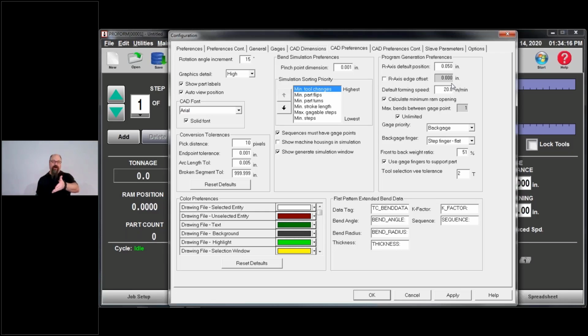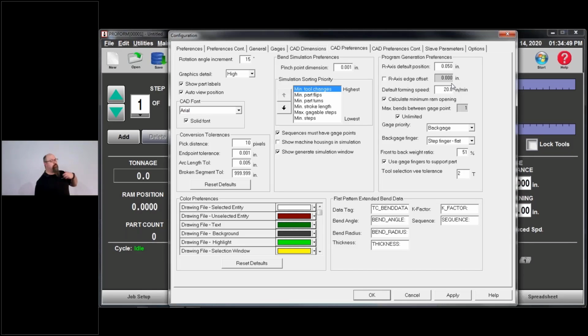That's a default value. You can change that if you want. If you do, just be careful with that. We put that 50 thousandths in there for a specific reason. It always gives me some wiggle room if my tool height isn't exact or my gauge isn't perfectly aligned. A, you've got a problem there, but B, it allows me to make sure I'm clear if I have to bring the actual gauge over top of the dies.